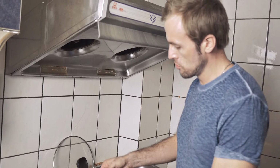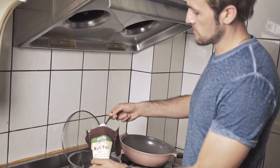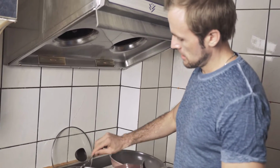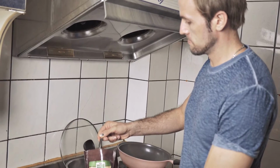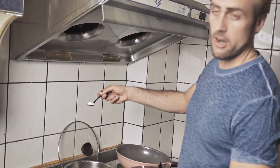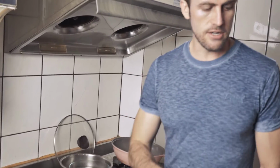I'm going to put 2.5 teaspoons. So you can see these teaspoons are pretty big teaspoons. 2 heaped teaspoons plus another half a heaped teaspoon or another full teaspoon. So I put that much xylitol, and in addition to that, I'm also going to add a little bit of